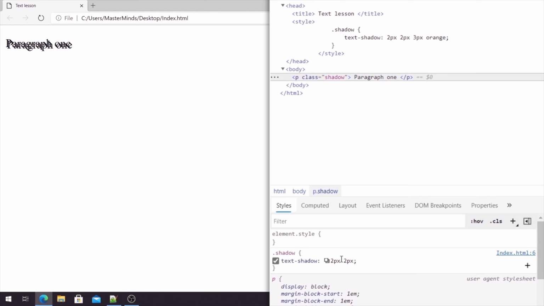So still, first value will do the same work as previous, second as well. And for our third value, we will have 0 pixels by default. So shadow blurriness will be 0 and the color of shadow will be black by default. Okay, so this is how we can use text shadow CSS property to set shadow for our text,